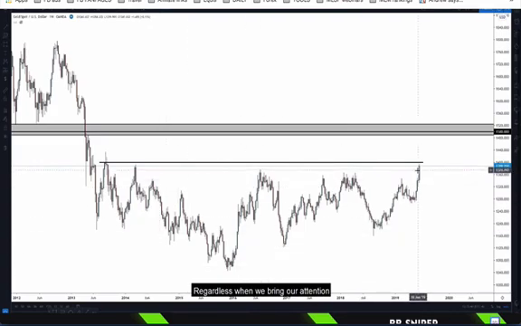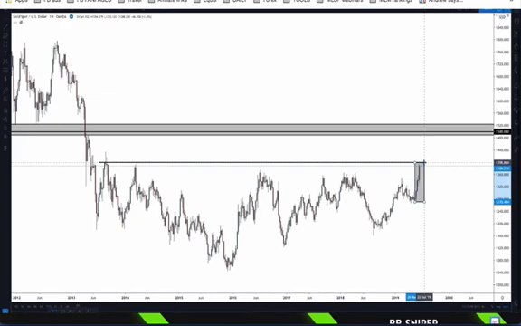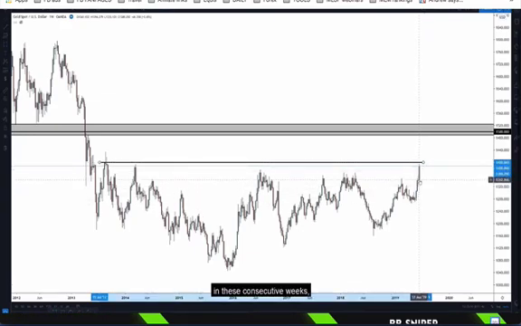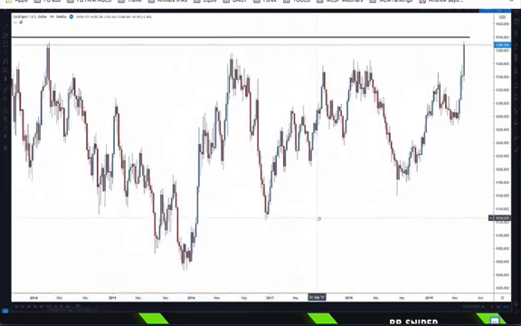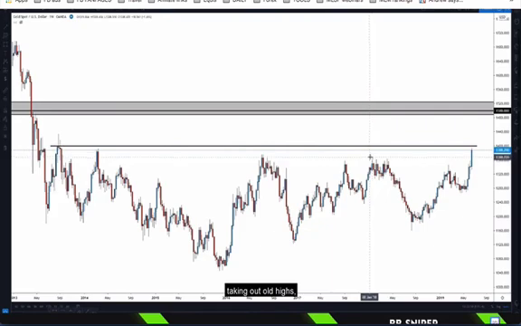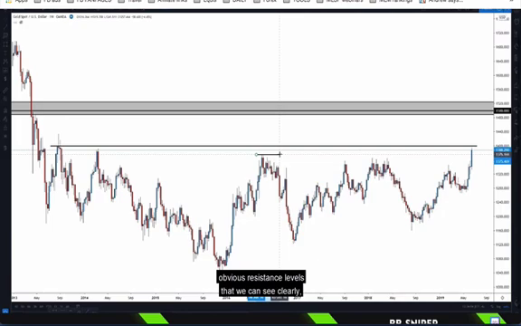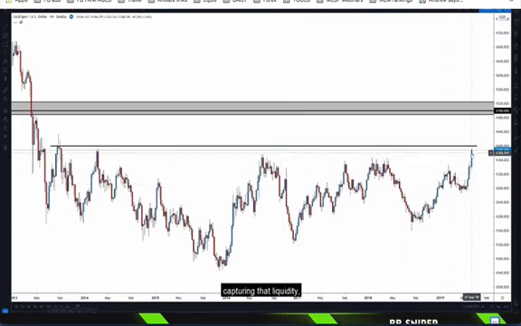Regardless, when we bring our attention to what the market has been doing in these consecutive weeks, taking out old highs, obvious resistance levels that we can see clearly, capturing that liquidity,